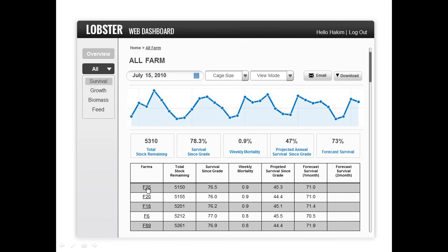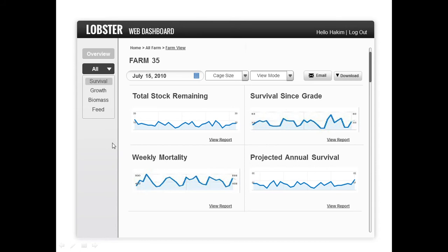you'll be able to click any farm at all to check how each farm is doing and see the data correspondence. So this view will also be what the normal user will be able to see as well, to compare, to see what kind of data corresponds to each farm. So you can see total stock remaining, survival since grade, weekly mortality, and projected annual survival based on the view mode shown. So if you change the view mode, the data will also change